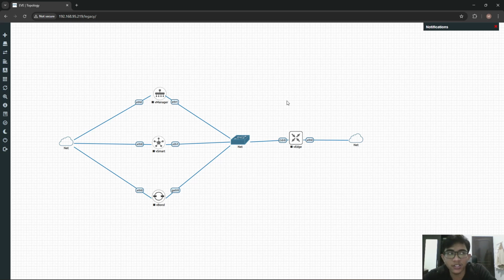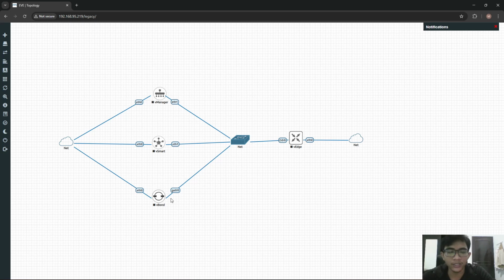Let's understand the workflow step by step. For the first step, the vEdge starts and contacts vBond, as I explained before. The vEdge for the first time will contact vBond.